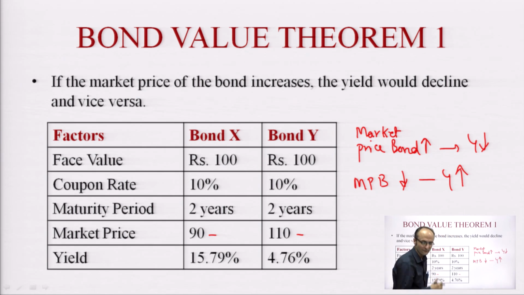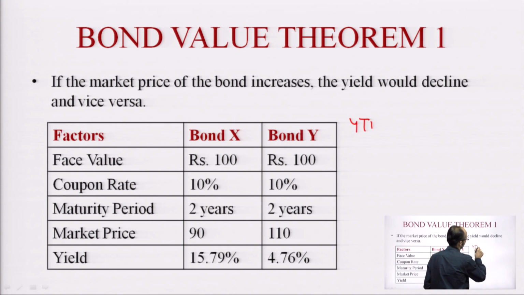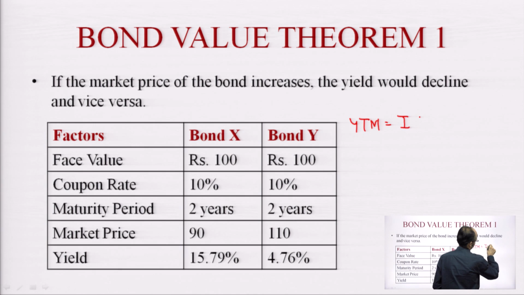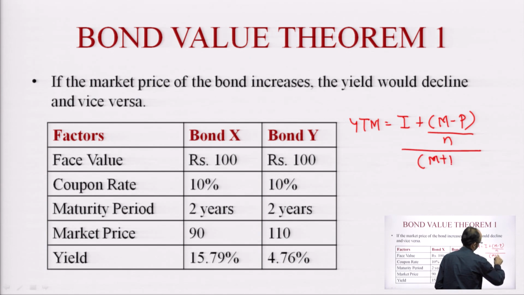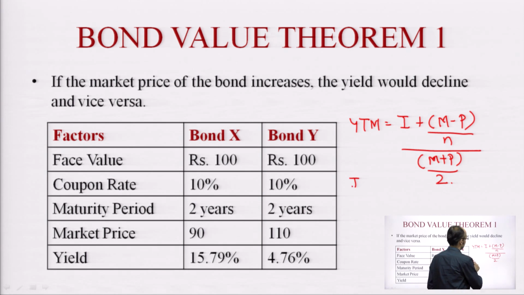Now, how will these factors impact the yield of the bond? Let us try to see. I have already calculated the yield to maturity for your convenience. Now, I will show you how these yields are actually calculated. To calculate the yield, we have a very simple formula. Now, we have several variables in this formula. What are these variables? I stands for interest,